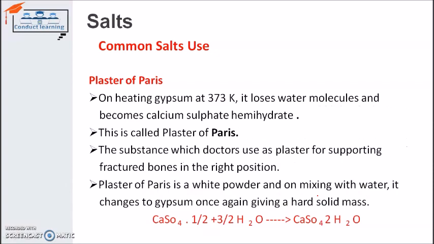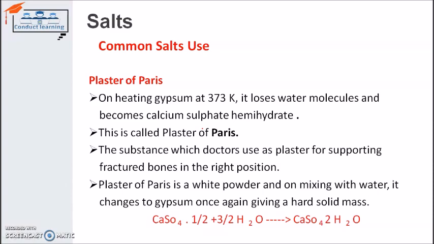Another one is plaster of Paris. On heating gypsum at 373 degrees Kelvin, you have to understand that this is 373 degrees Kelvin, the temperature in Kelvin, it loses water molecules and becomes calcium sulfate hemihydrate. This is called plaster of Paris. This is calcium sulfate hemihydrate. When you heat simple gypsum, it gives us calcium sulfate hemihydrate. This is plaster of Paris, the substance which doctors use to plaster your sport fractured bones in